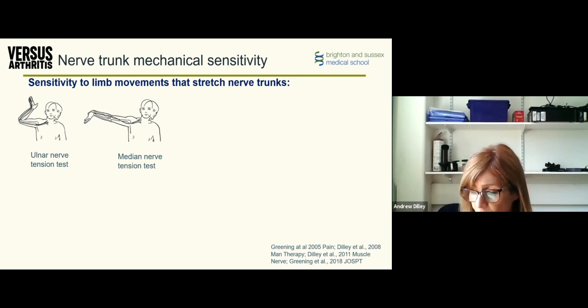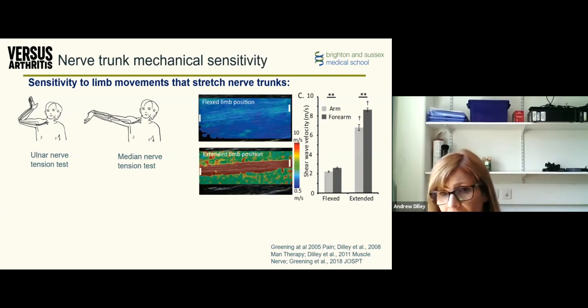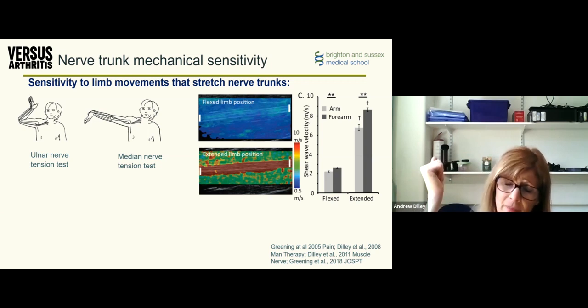We've also looked at it with ultrasound imaging, and really nicely, again, Andrew and Jane have done a lovely elastography study looking at shear wave elastography. And what this kind of technology enables you to look at is the velocity of the shear wave that's propagated along the nerve. So we can see in that upper blue image, in the flexed limb position, this is of the median nerve, we see much lower velocities,